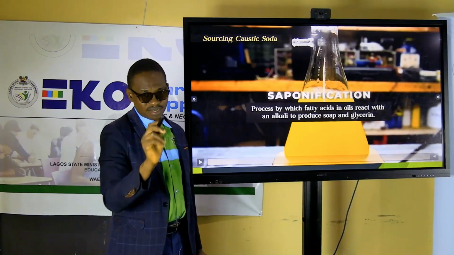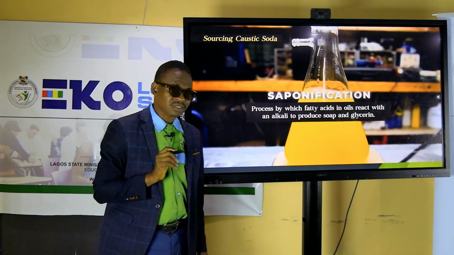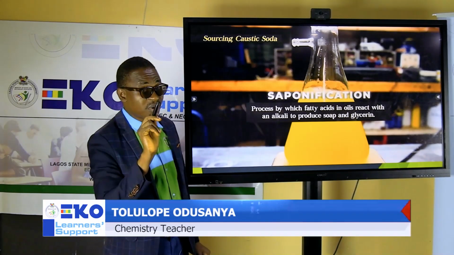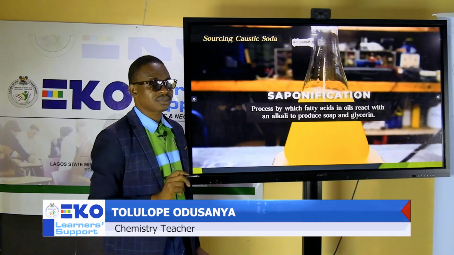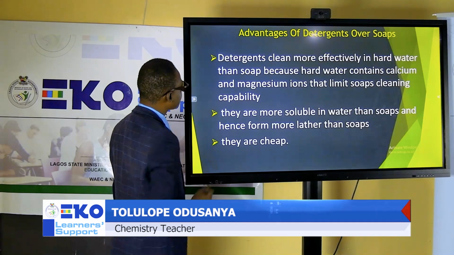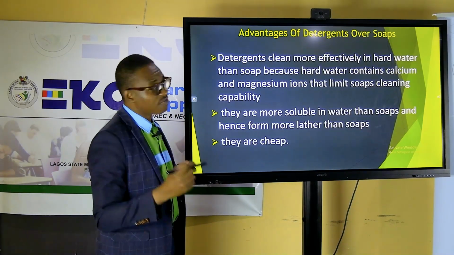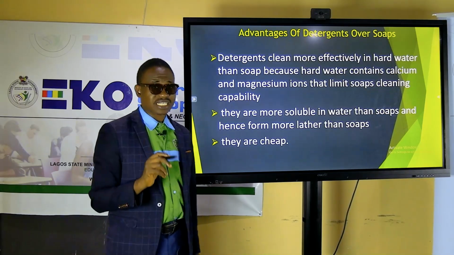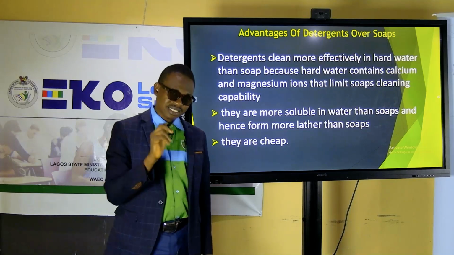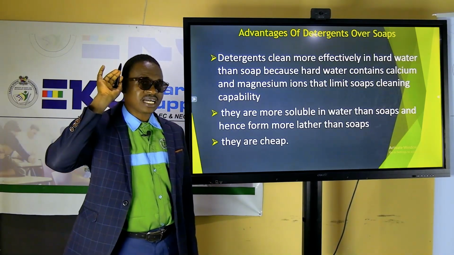Remember as well, I've told you what saponification is: the process of making soap by simply adding caustic soda, 3 molecules, remember, with oil. Now, what are the advantages of detergents over soap? I want to tell you at this point, soap is different from detergents. Detergents are made, you remember from your organic chemistry,